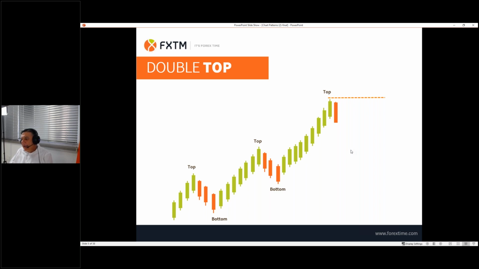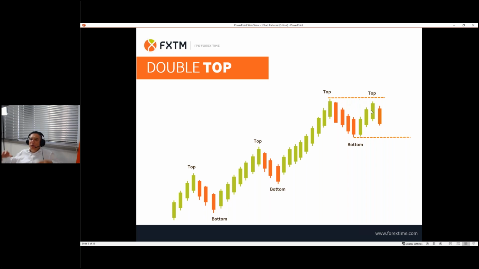A reversal reverses the trend. It's very important to understand that, because you cannot identify a reversal in a range. A reversal reverses the trend. So double top means that we have two tops